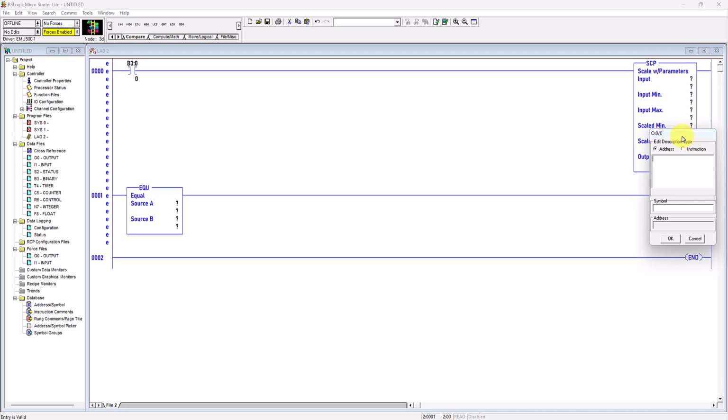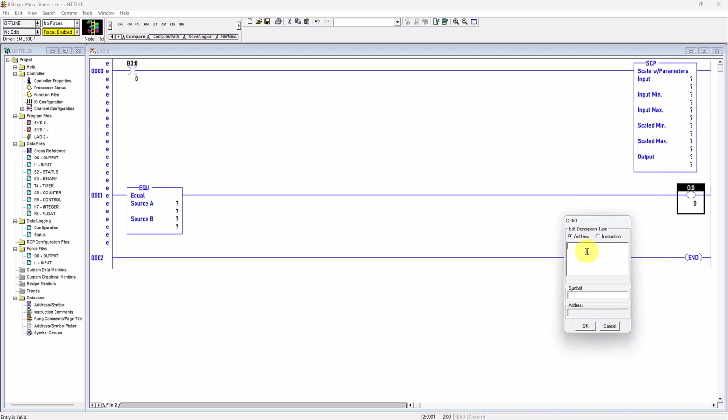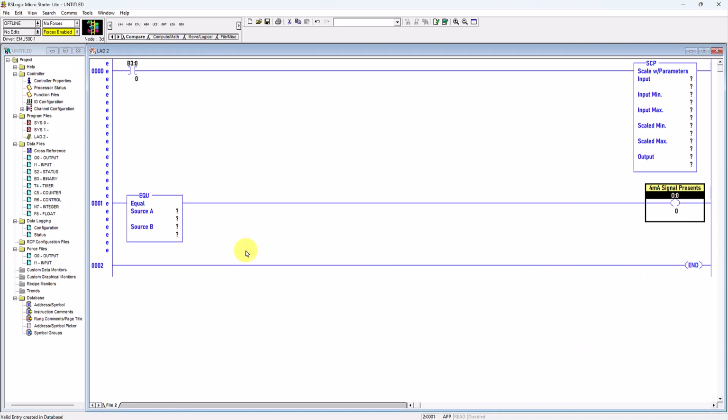Okay, so description I will put 4 milliamp signal present. Okay, click OK, and then this one again,